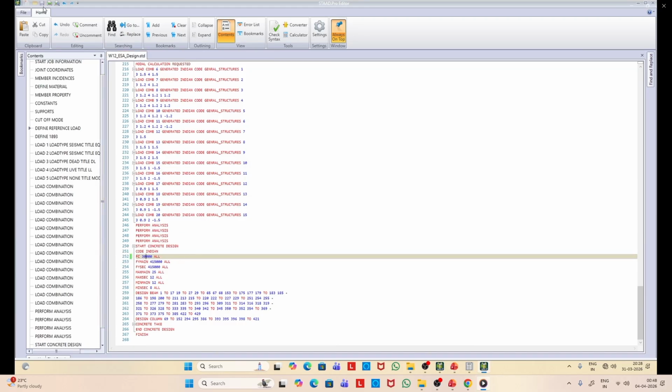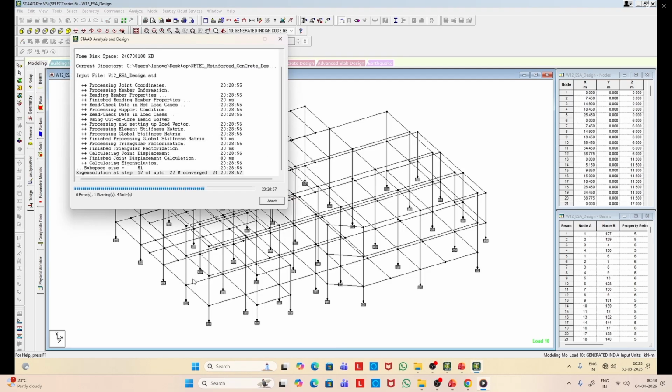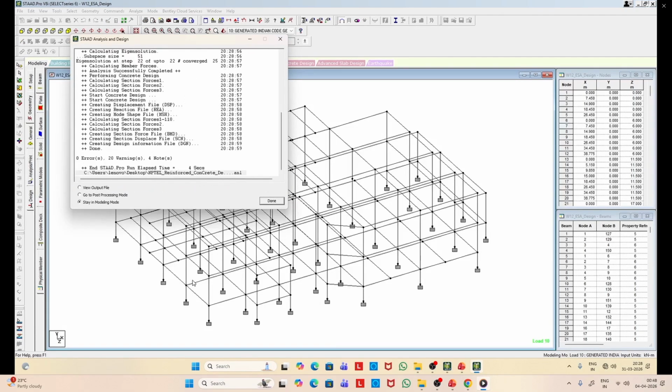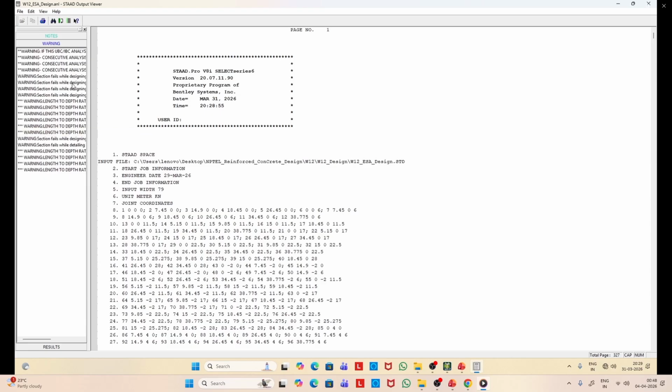Let us increase it to 30. We can reduce the section size because section size was not important. Now here you can see we have 20 warnings. That means some of them are resolved.